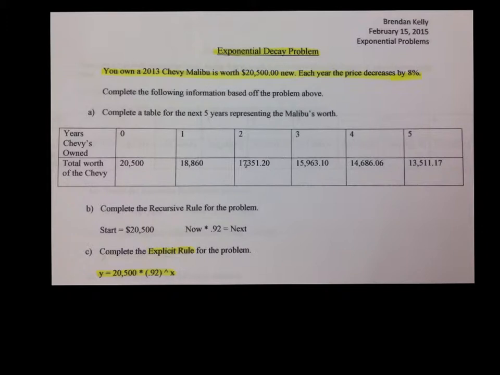Now we will fill in the table using the recursive rule. You could also use the explicit rule, but I prefer the recursive rule. You have the start value of 20,500, and you will multiply that by 0.92 each time to get the next year or the next amount that the car is worth, then the year after that, and so on. You should end up getting 20,500 as your initial value, 18,860 after the first year,